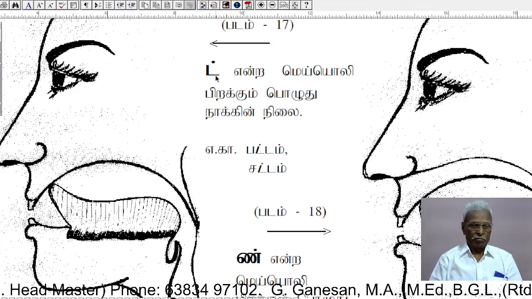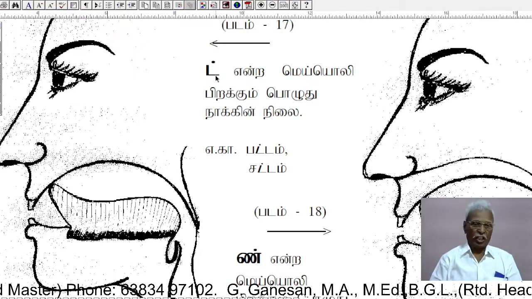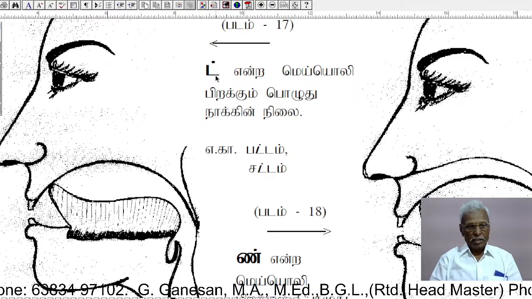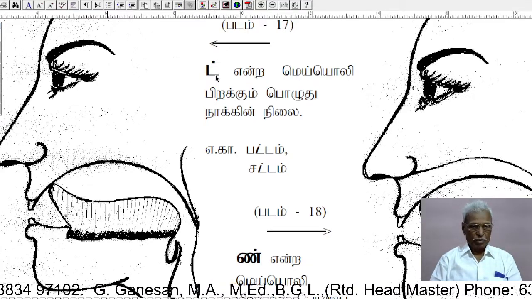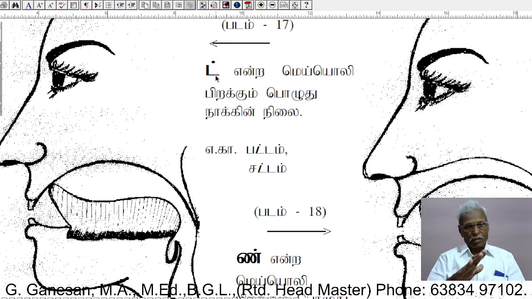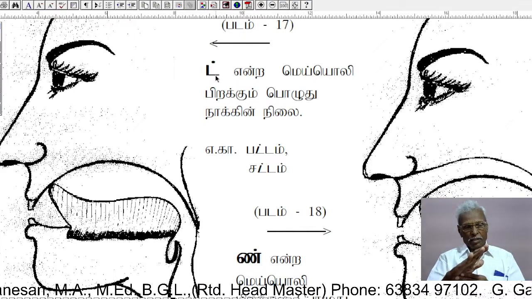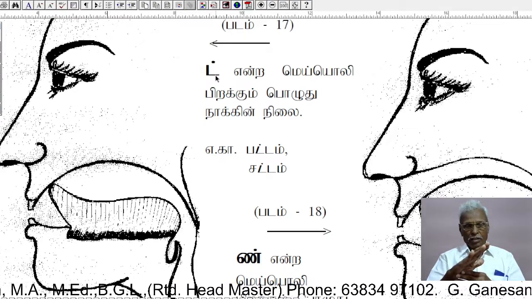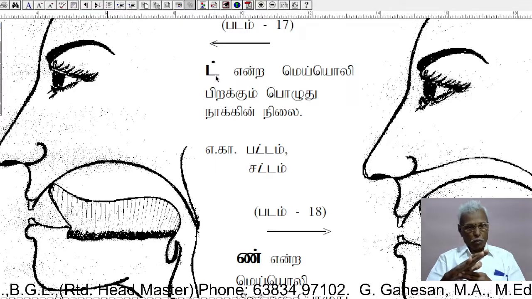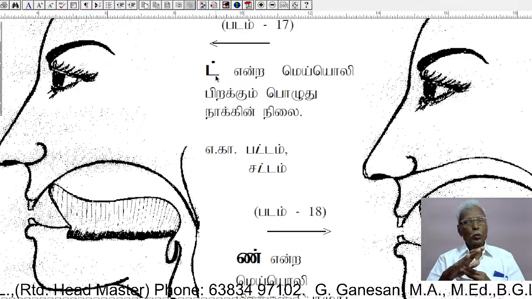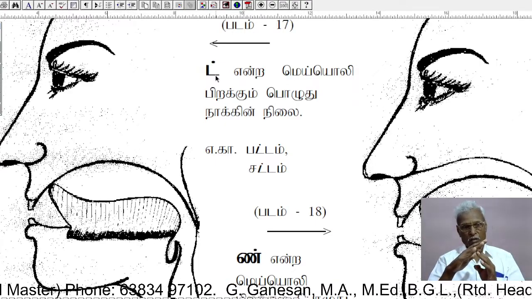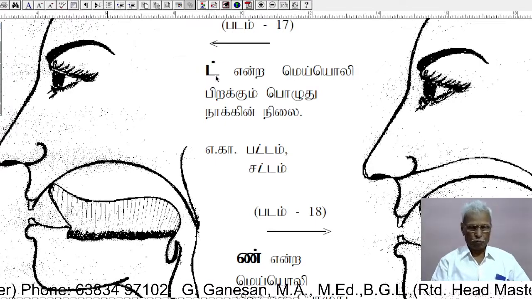The Tamil consonant phoneme id is produced by raising the tip of the tongue towards the front of the mouth, that is towards the hard palate, and making a tight contact with the mouth,